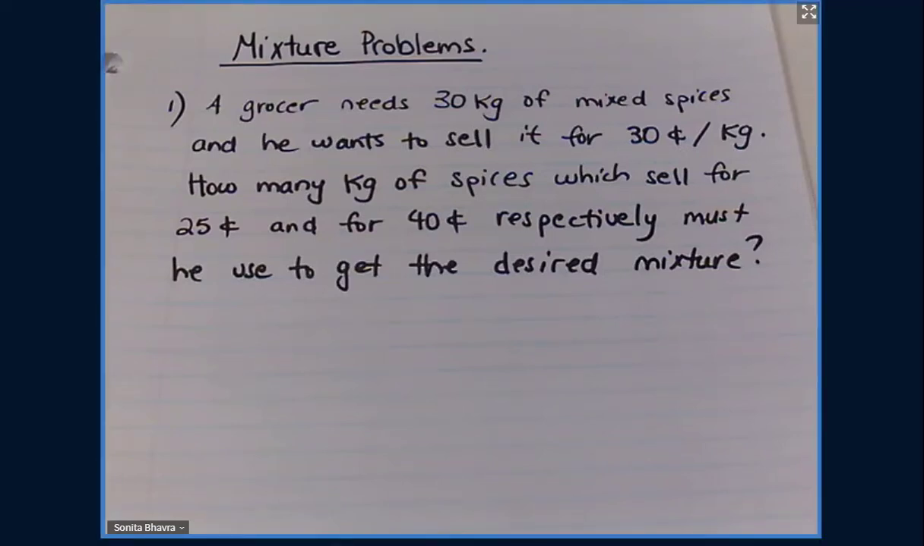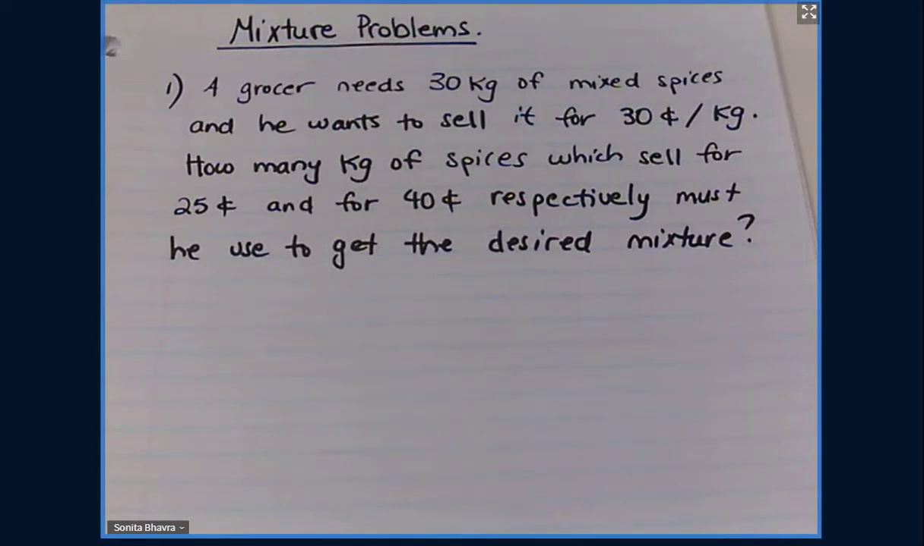Alright, so today we are looking at mixture problems and solving mixture problems. They are set up very similarly to the coin mixture problems that we did last class. And so it's important to use a labeled diagram and then go from there and come up with the equation. So our first example here, a grocer needs 30 kilograms of mixed spices and he wants to sell it